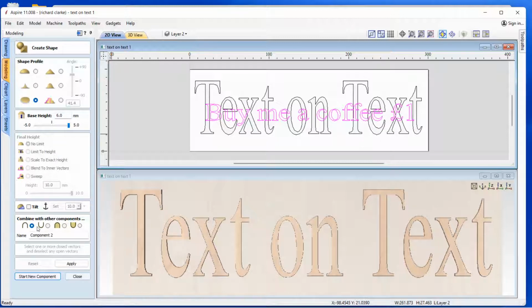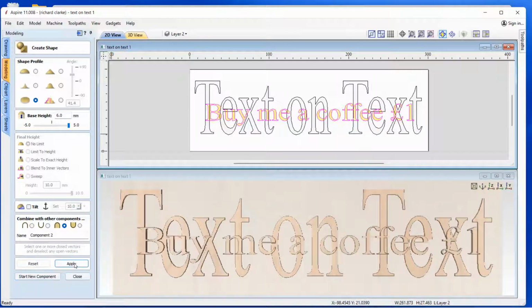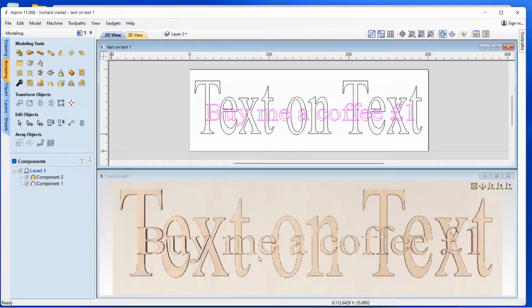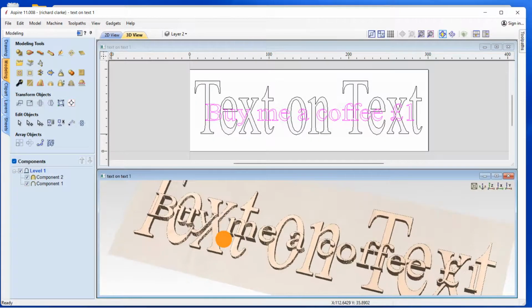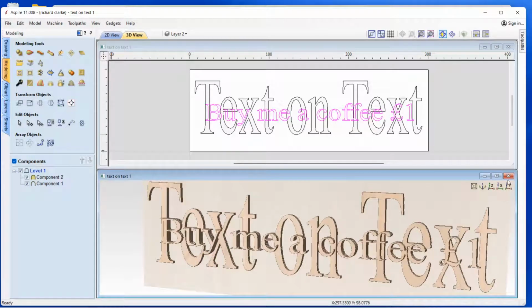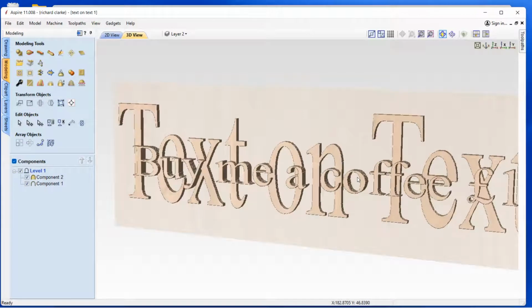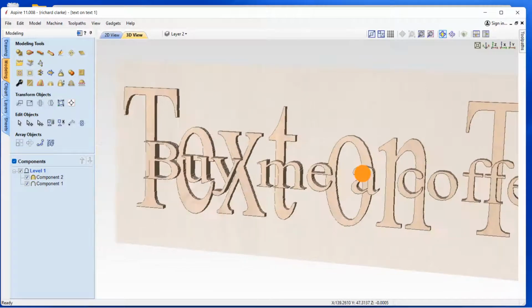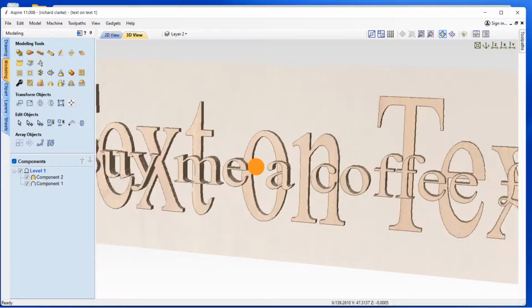And then come down to your combine mode, and here you want to click the merge. If you don't click the merge, you'll end up with funny text. You'll find out if you try it. Hit apply, and as you see, our text is on the top, and then click close. Now if we move the text around, you see our text is as it should be, text on text. So we'll open that up so you can see it a little bit closer. So as you can see, text on text.